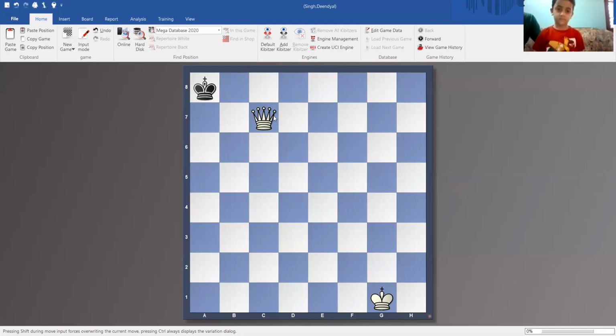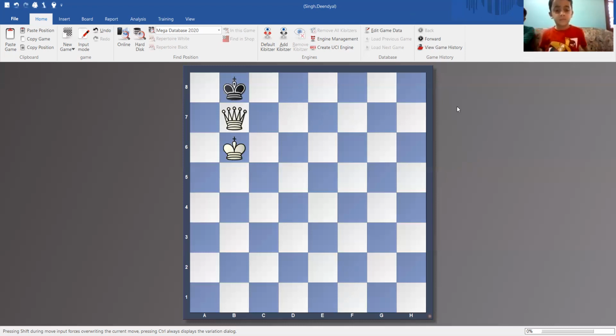So whenever you are trying to checkmate with one queen, don't go too near. Always give two squares to keep this king moving, so that this king will keep dancing there. And because these two squares are controlled by your own queen, this king will just repeat there. And then you bring your king. And whenever your king is near enough, then you bring your queen supported by your king and checkmate.